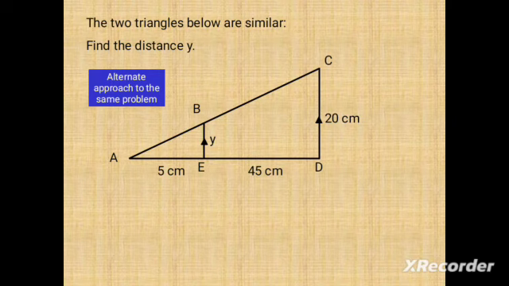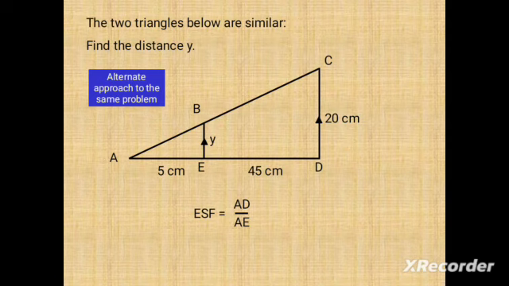Alternatively, you can use another approach to find the distance y. So we are going to reason on the fact that the smallest triangle ABE has been enlarged to the biggest triangle ACD, and so we use the enlargement scale factor. So we compare the sides, so we shall get the ratio of the corresponding sides,